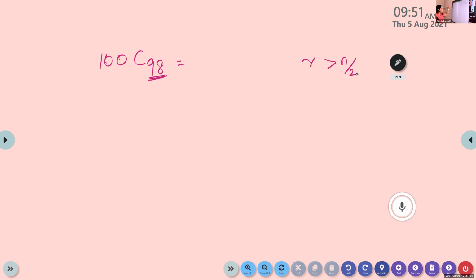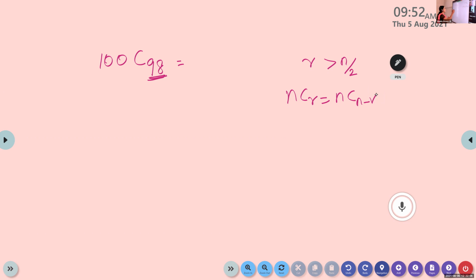50. Whenever R exceeds half of N, we can use the formula NCR is equal to NC(N minus R). So why do we use this formula? To make the calculation simple. Otherwise, we have to write all the numbers. Imagine if you write 100 into 99 into 98 like this up to 98 numbers, it will become a lengthy one, isn't it? Instead of that, we have one property, NCR is NC(N minus R). Using that property, we can make the calculation simple.